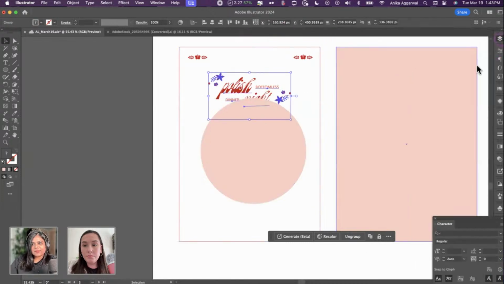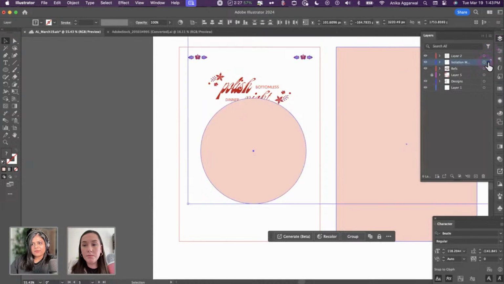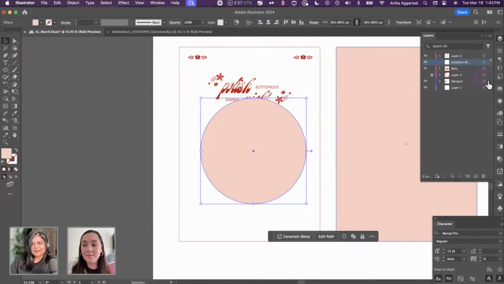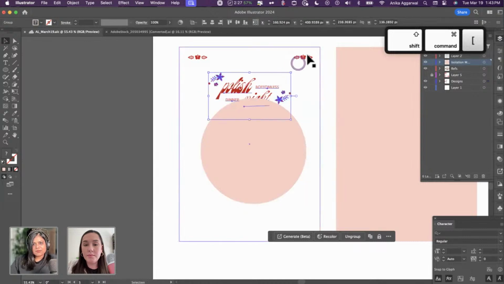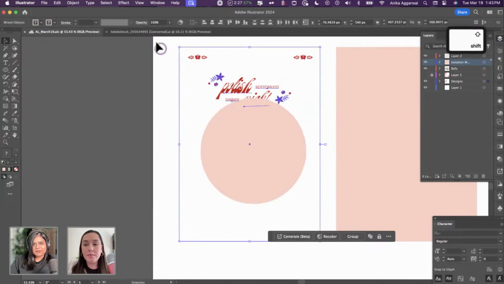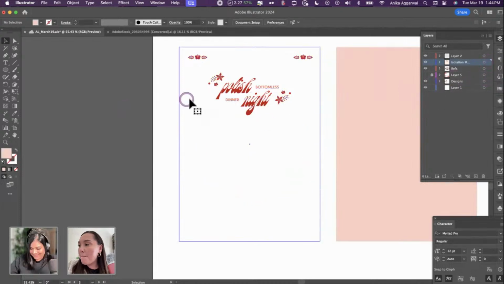I feel like some of these layers are not right. Yeah, it's in isolation mode. That makes so much sense now. I always feel like such a thing. Okay. Let me bring this to isolation and I'm going to send it to back. Oh, okay. Illustrator, please. What is going on? Okay, here we go.